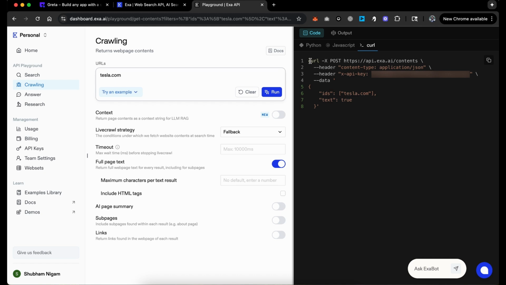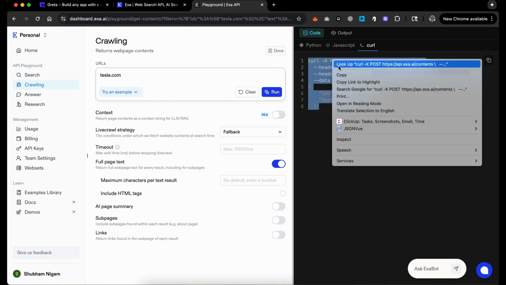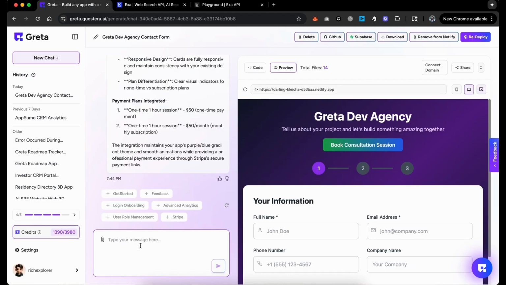I take the curl request, I copy this and I tell Greta that every time a user enters a company name, fetch the details from Exa API, and I will give you the code below, and show me the details of that company in a pop-up.